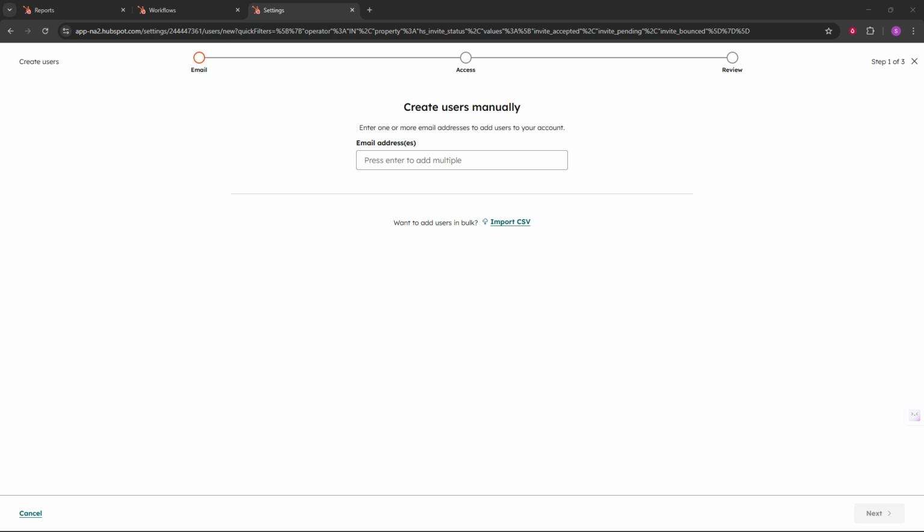That's it. To recap, log in, click your profile in the top right, select Profile and Preferences, go to Users and Teams under Account Management, click Add Users, and follow the guided instructions. Pause the video as needed and complete each part at your own pace. By the end, your new users will be